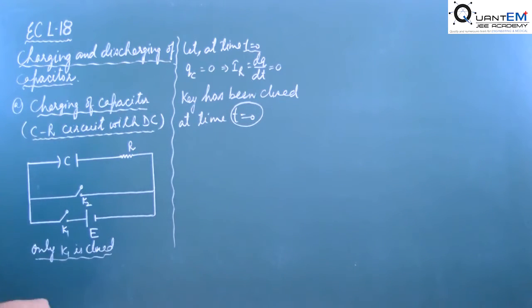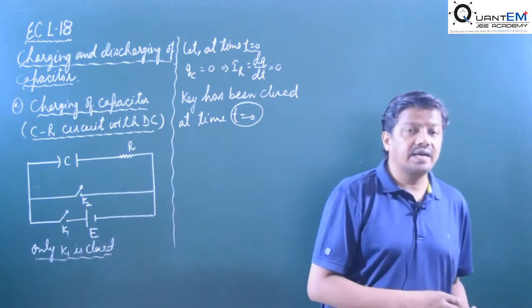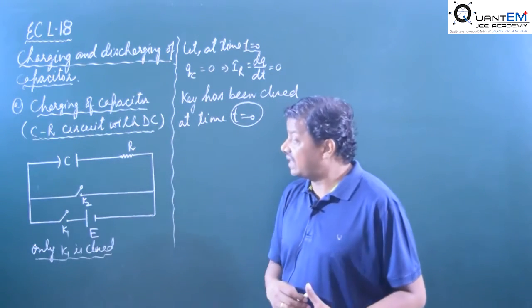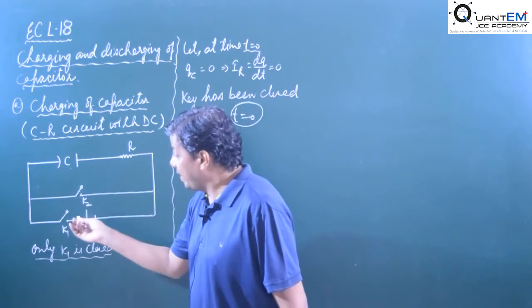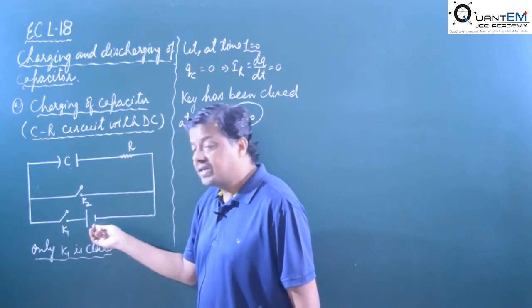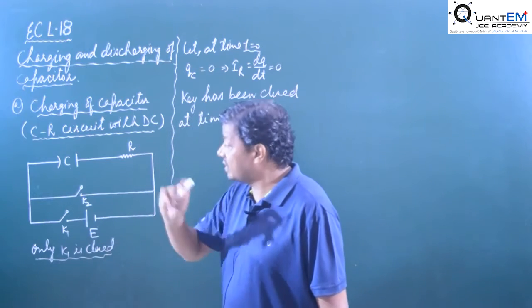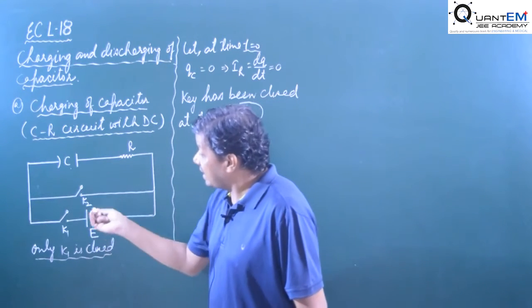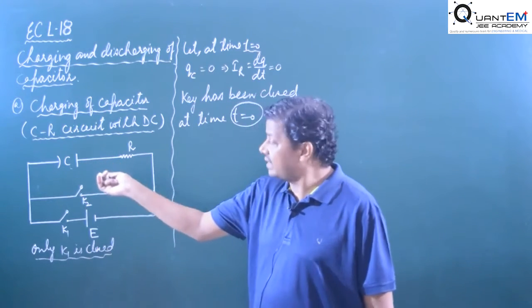After a long time the capacitor will get completely charged, and as the capacitor gets completely charged, the charge across the capacitor is maximum when the potential drop across the capacitor becomes equal to the EMF of the cell. This I have discussed in the concepts of capacitor, and when the charge across the capacitor is maximum, that is called the steady state circuit.